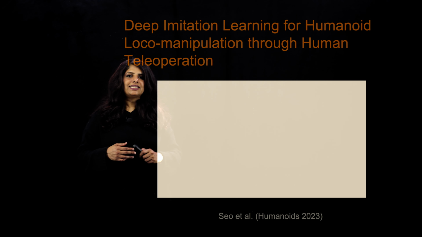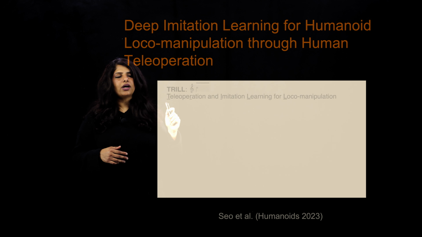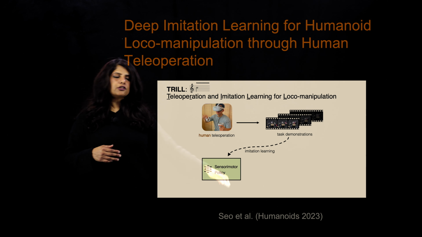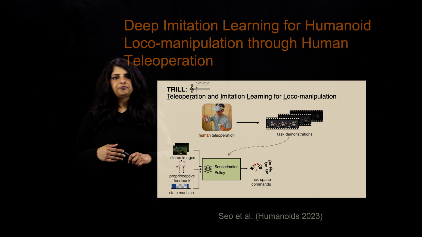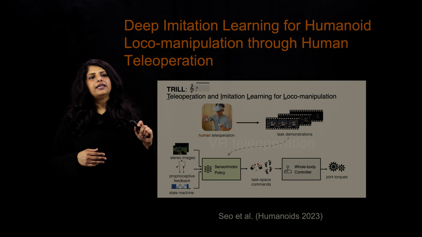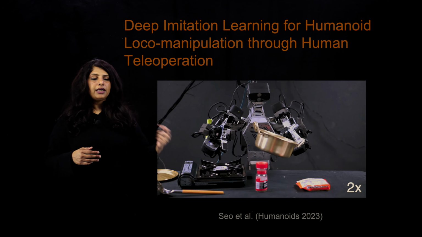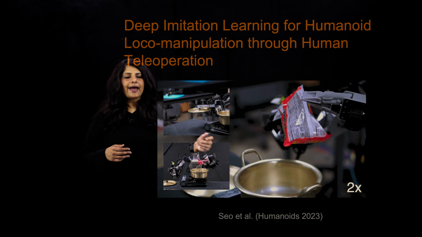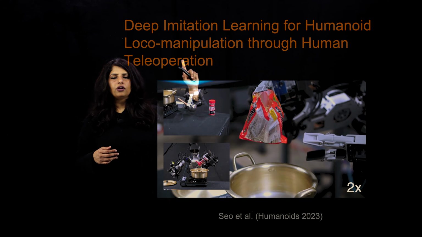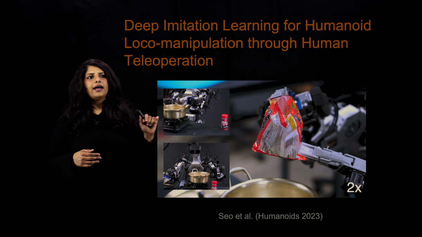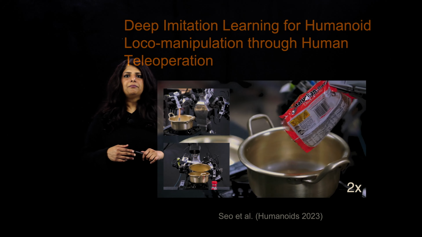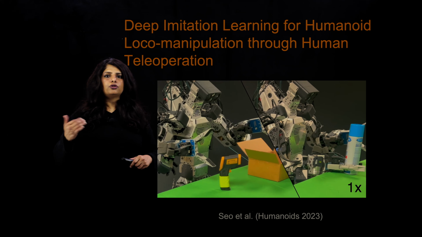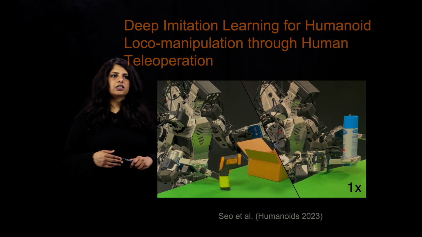Another project that is really interesting is one that comes from Professor Xiaolong Wang's group at UCSD. This is also just about a couple of years old. And what they show here is making use of behavior cloning to be able to perform both manipulation and locomotion tasks. And that's what they call here loco manipulation. And to be able to realize this, they made use of a very interesting demonstration device to be able to collect demonstrations from human experts.